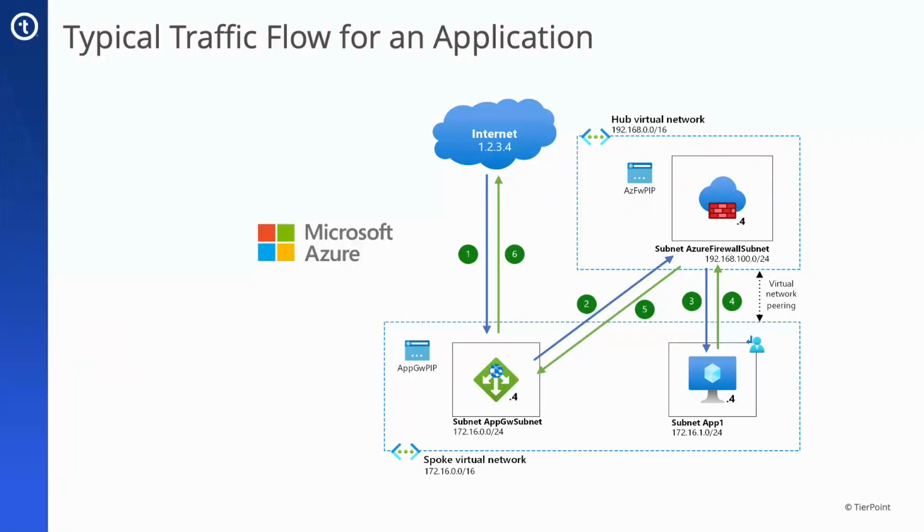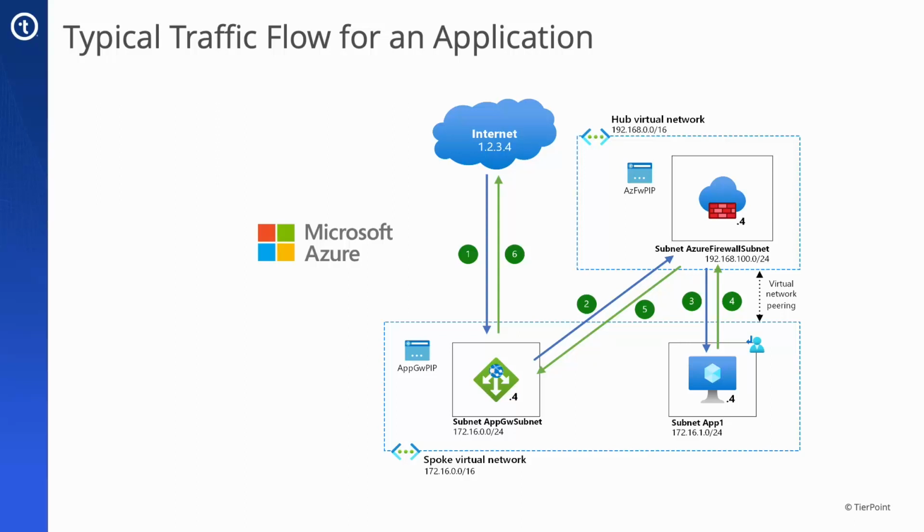I wanted to illustrate here what a typical traffic flow may look like for an application, where we would have a client submit a request to a web server located, in this case, in Azure. The application gateway would intercept that packet and examine it. If the packets pass inspection, the gateway would send those to the backend VM. When that packet hits Azure, a user-defined route in the app gateway would push it to the firewall, at which point the firewall would run security checks on the packets, and if they passed the tests, they would forward those packets to the app VM.